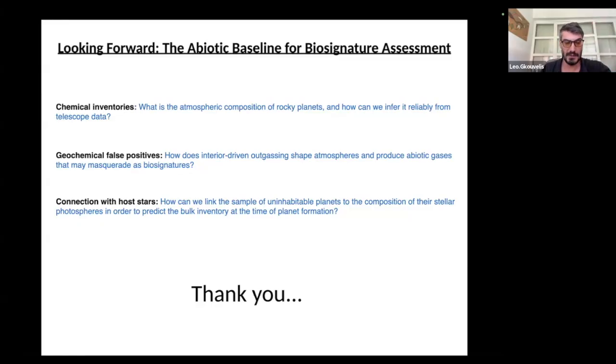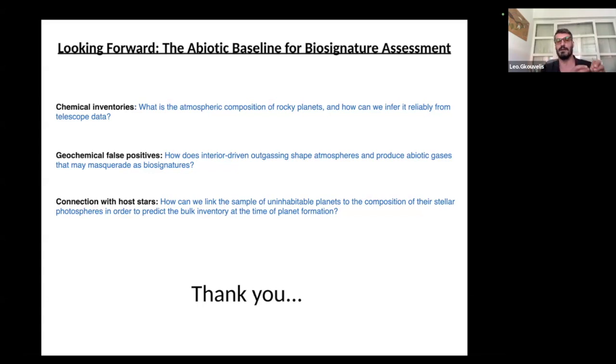So all of this modeling that we were doing in this framework and in our works, it's processes that are totally abiotic. Now, as in the beginning of my slides, I told you, all of the known rocky planets are very close to their host star. And the majority of them have equilibrium temperatures of about 500 Kelvin, 600 Kelvin, 700 Kelvin. So we can take a big sample of them, and we can all agree that, okay, at these high temperatures, let's say, activity from biological life is not operative, right?